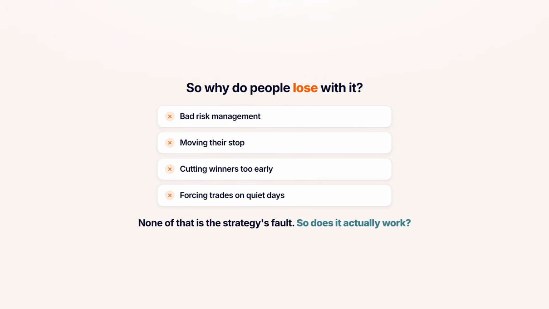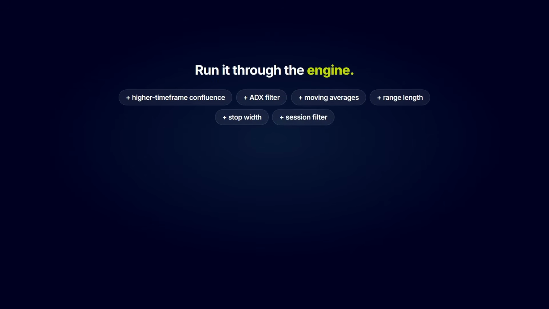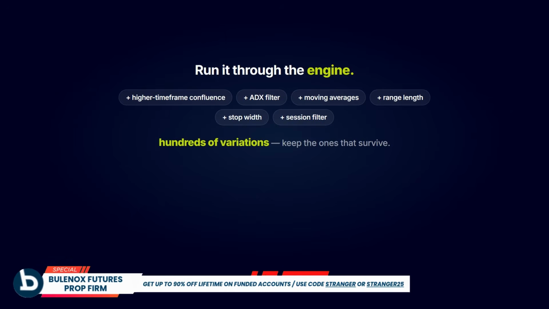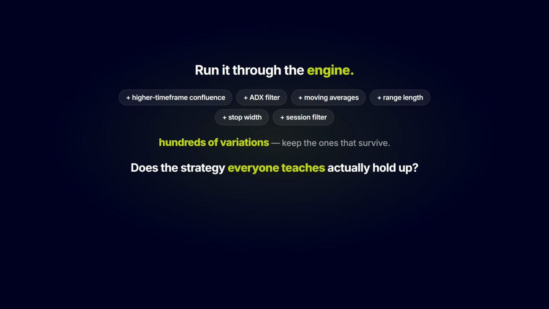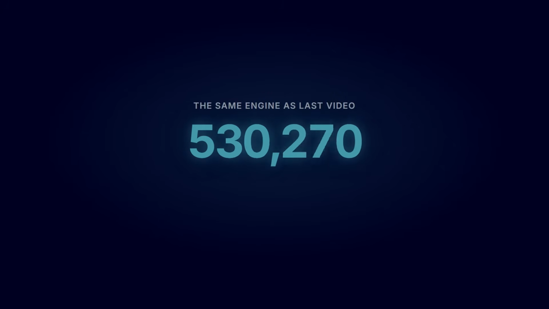A lot of people tried it and gave bad feedback on Twitter and so on, but we're going to run it through our engine, turn it into an algorithm, and create hundreds of variations out of it to test all kinds of parameters, adding higher time frame confluence, adding a couple of indicators like ADX and moving averages, and find the ones that actually work. Okay, variations that actually work. So we're going to answer one question: does the strategy that everyone teaches actually hold up when you test it properly? Okay, so I'm gonna run it through the same engine, just like I showed you in the last video,